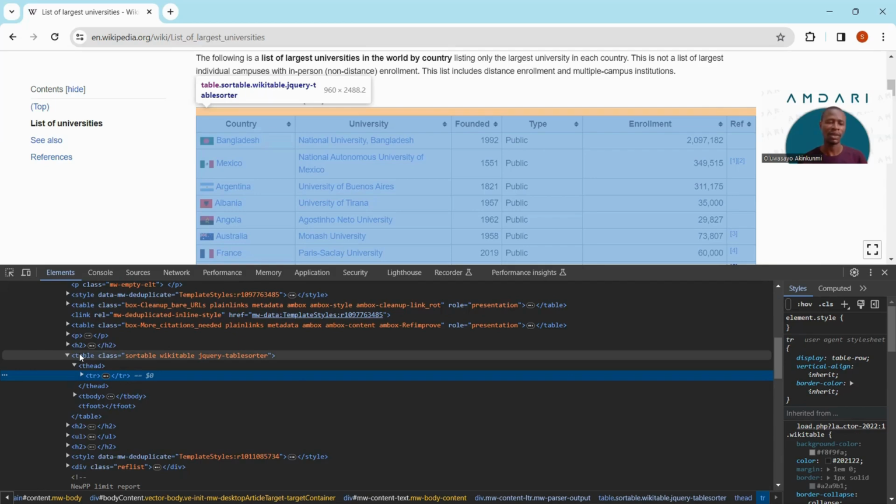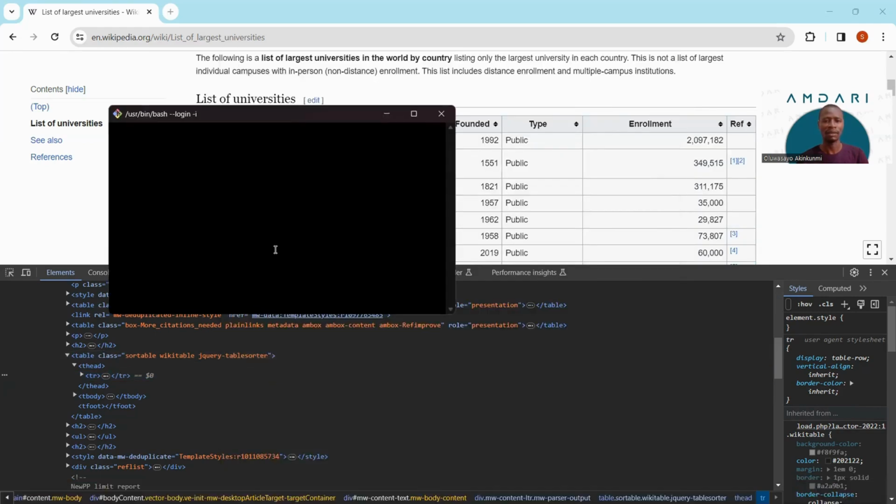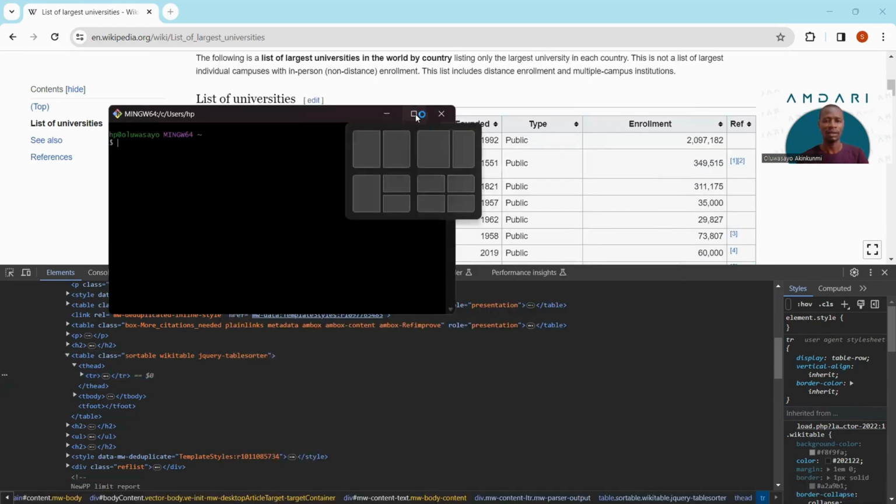So we've been able to see how to identify any part of a page, or how to select any part of a page that we need, right? So what I'm going to do now is just search for Git Bash, then cd into my D drive, diary folder, then projects folder, right? All right, so I'm going to create a folder and call that Wikipedia